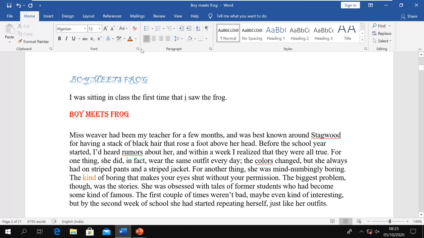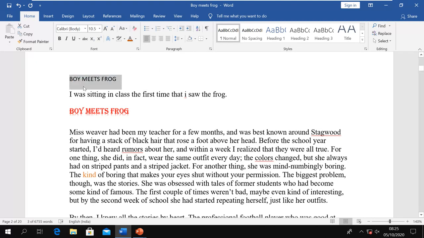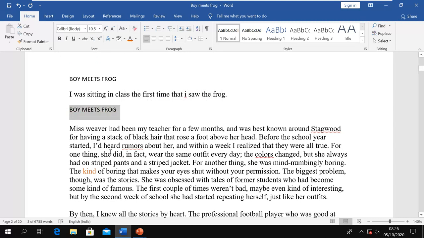Now this one does what? It will clear all the formatting. Now you see we have done some formatting here, and I want to remove it, so I can click on it, and now it goes back to the default one. Whatever the default is set here, it is Calibri here, and the size, and then you can just remove the formatting. It goes back to default.